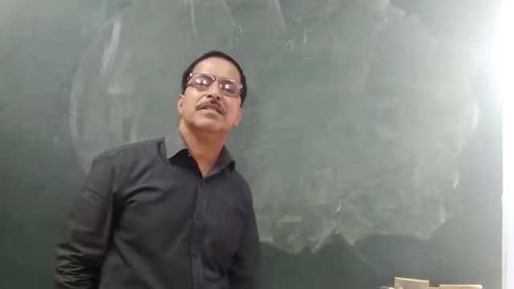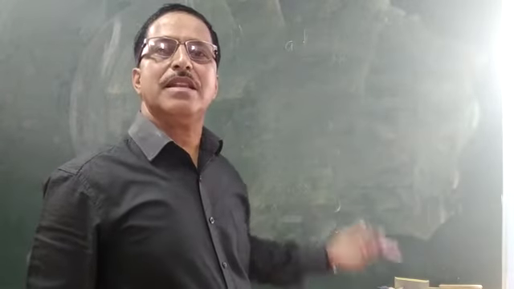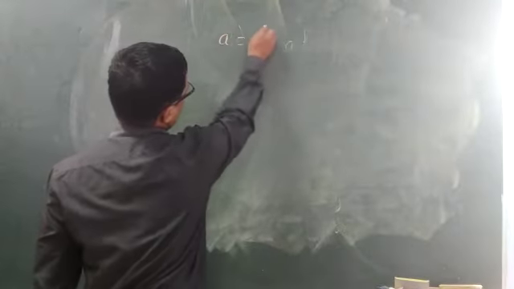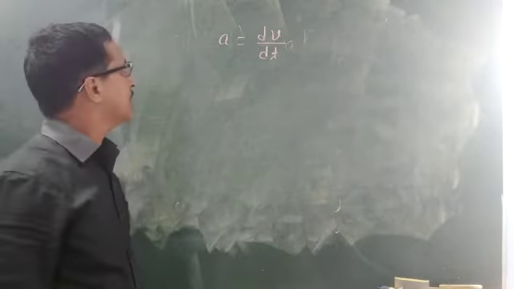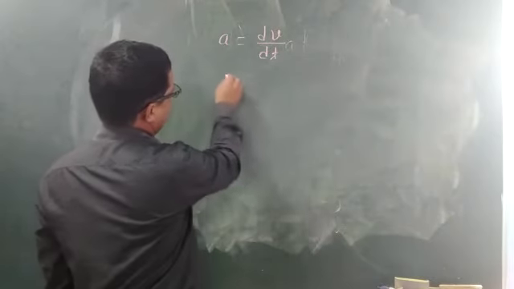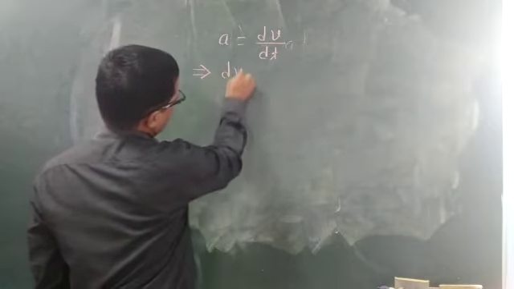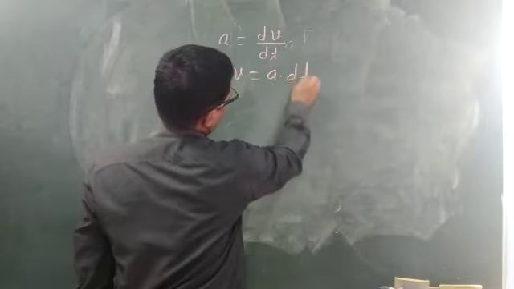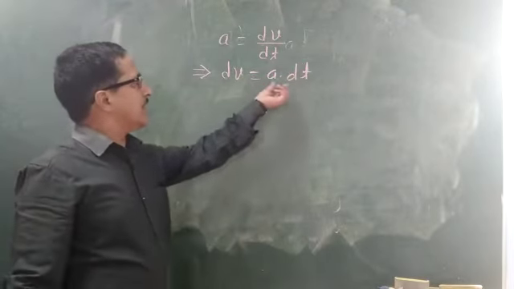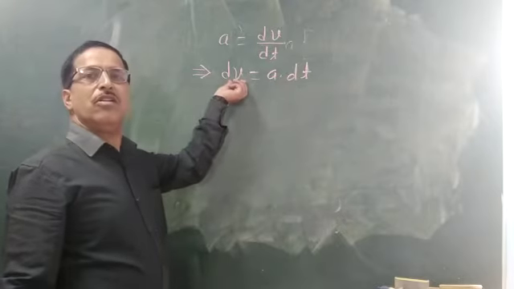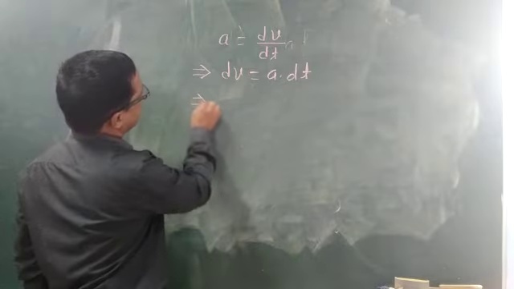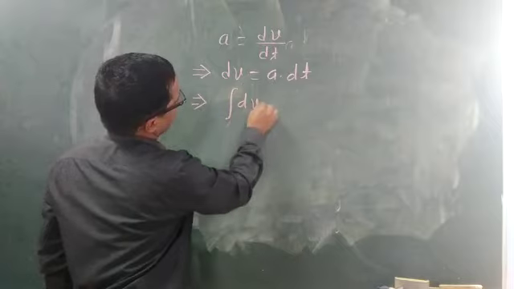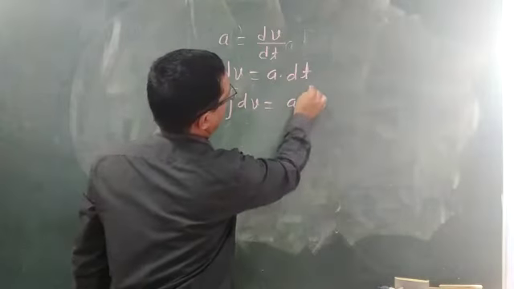We know that the acceleration of a particle, a, is given by the rate of change of velocity, that is a equal to dv upon dt. If I cross multiply it, we will get dv is equal to a into dt. In this case, time t and velocity v are the two variables. So integrating this equation, we get the integration of dv is equal to a, which will be taken out as it is a constant,